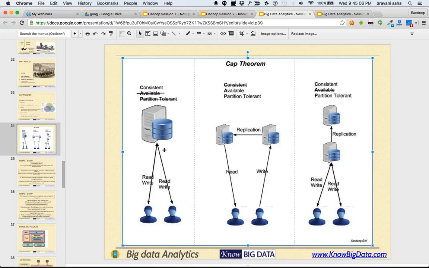This is your relational database, and in this database, all the users are reading and writing from the same machine. Which means that if this user writes something and another user tries to read the same thing just after a nanosecond, he will see the latest data. It is strongly consistent.